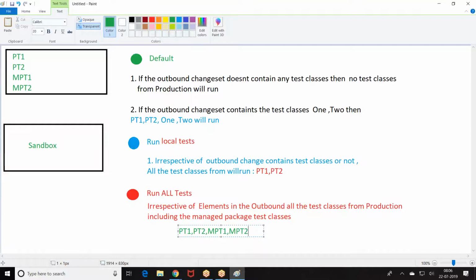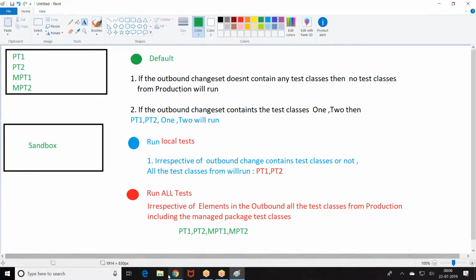When I say run local tests, irrespective of whether your change set contains test classes, all the local test classes of production, PT1, PT2, will run. When I say run all tests, all the test classes from production will run, including the local and manager packages.